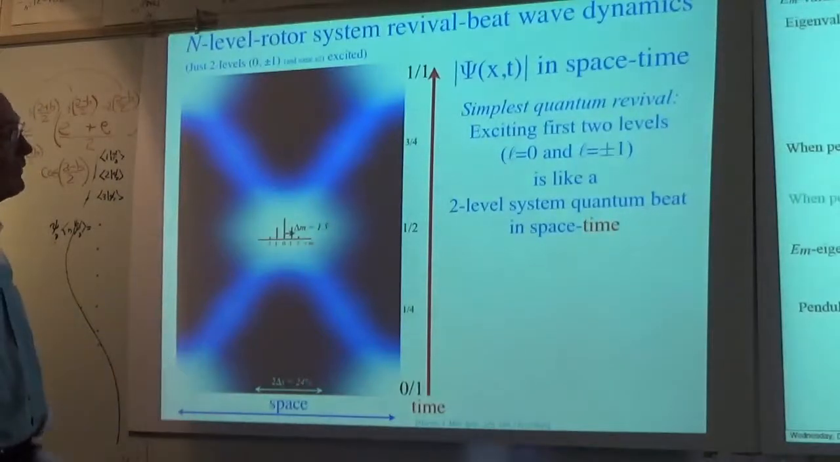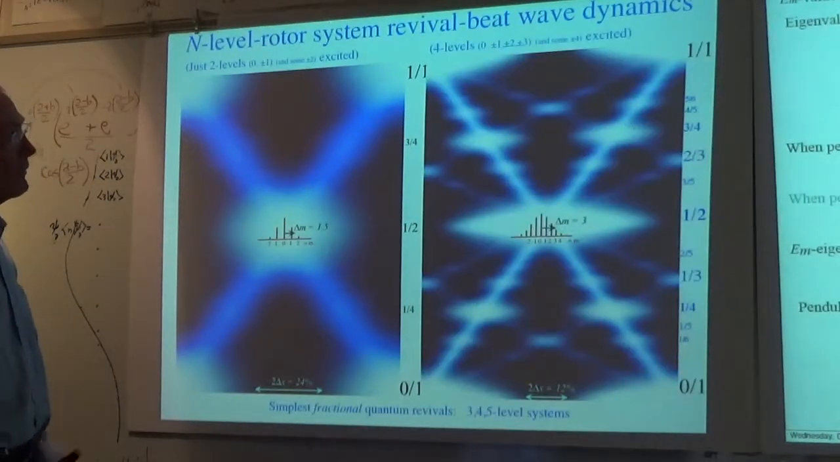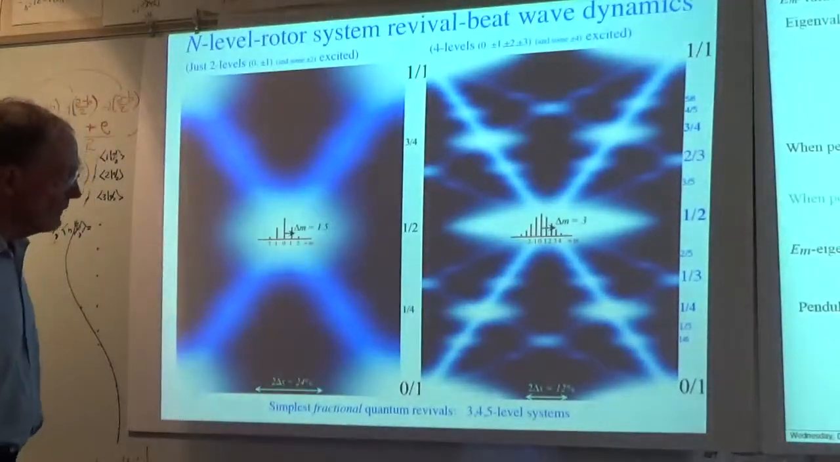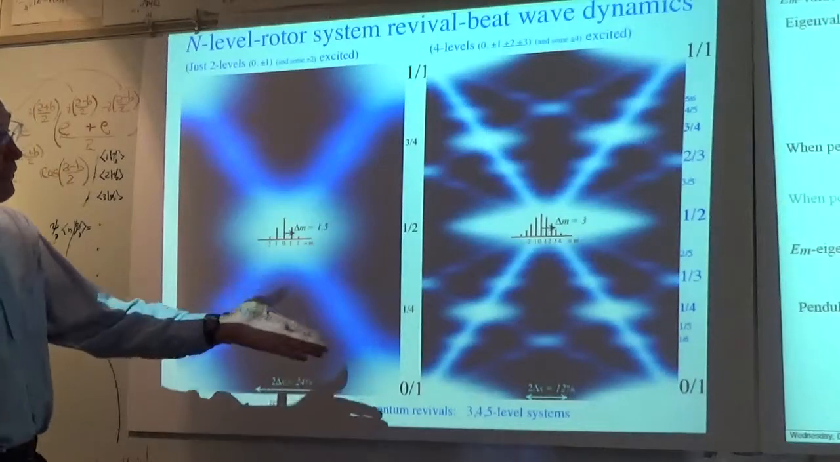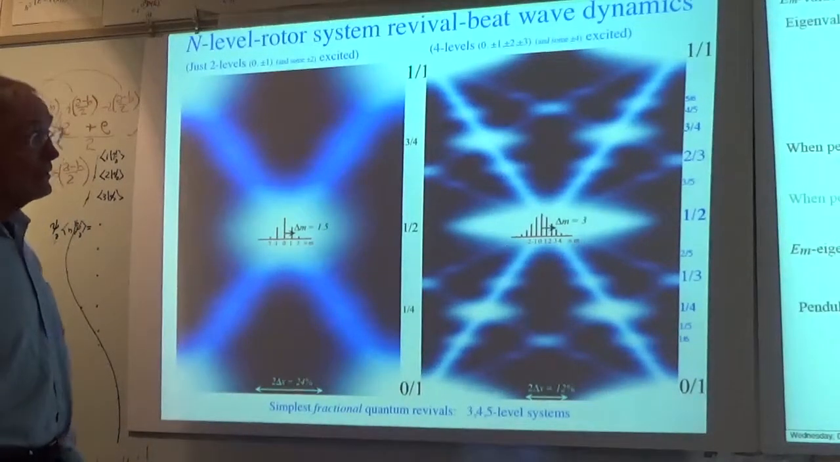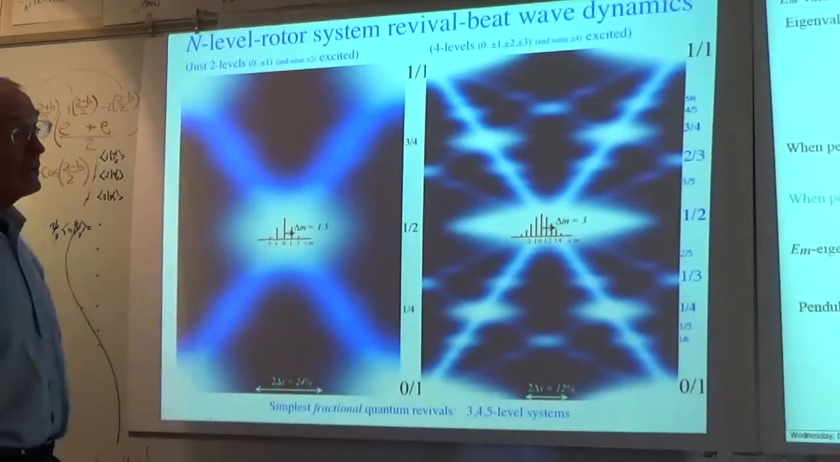This is our old number 2 guy that we talked about. It's just a single x, but then there's a whole bunch of x's already showing up when you have 3 or 4 Fourier components going. So that's like a 3, 4, or 5 level system doing its revivals, but using a continuous wave, kind of like what TC's